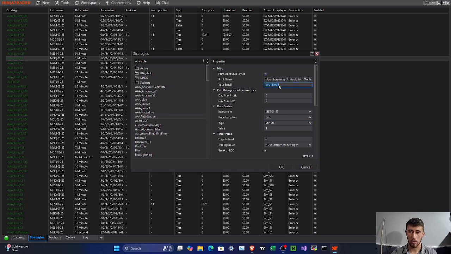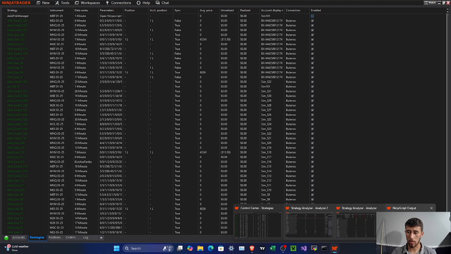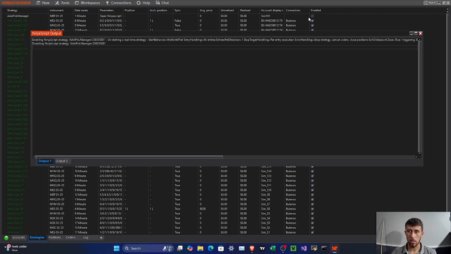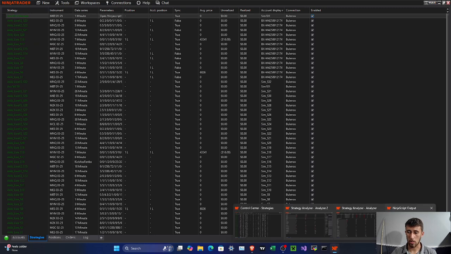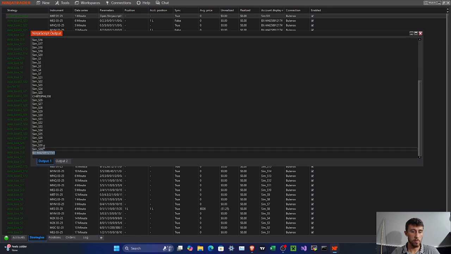So right here is also where you put your email. You do need to make sure you set up the email services, and the account name you put here, which if you don't know what it is, do what we just did. Get one of these open, and then do print account names on, turn it on, then enable, disable, that's all you got to do. And actually, I think we have to wait for one bar to be printed. And there we go. Now this is every single account